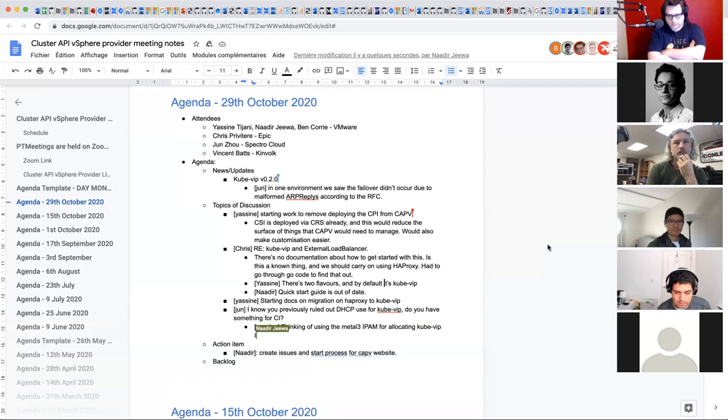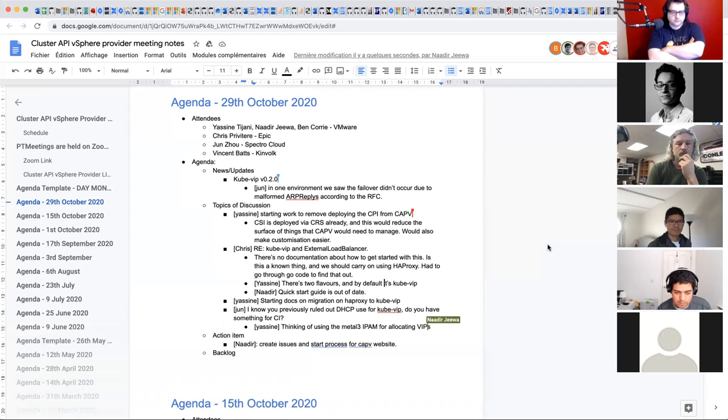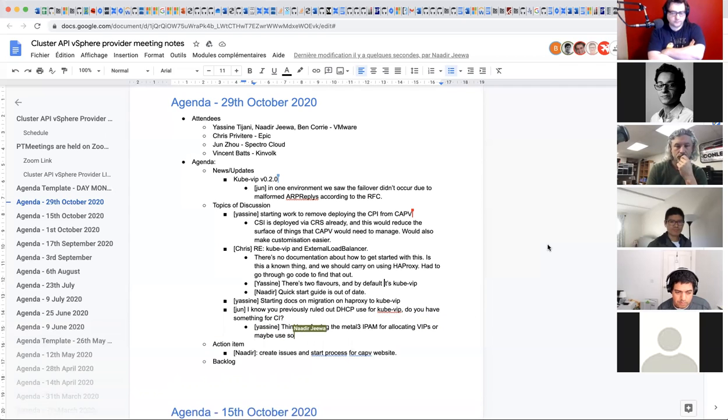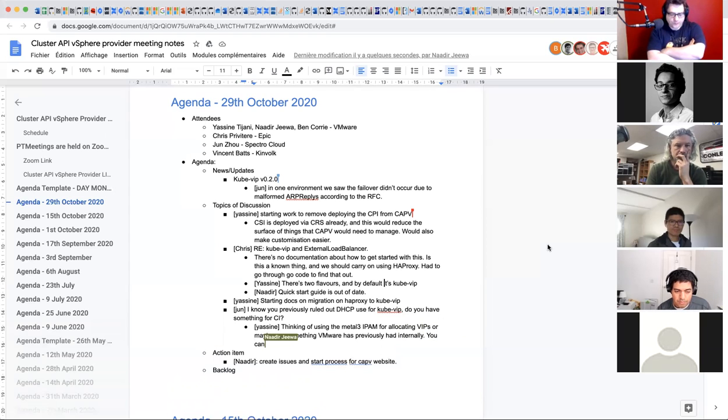As for DHCP, ideally you can do that if you have a dummy MAC address to do a static DHCP reservation, but that would require at least a manual entry on the DHCP server to say, for this specific MAC address, I want you to assign this specific IP.